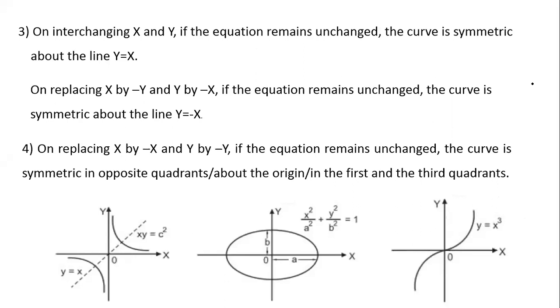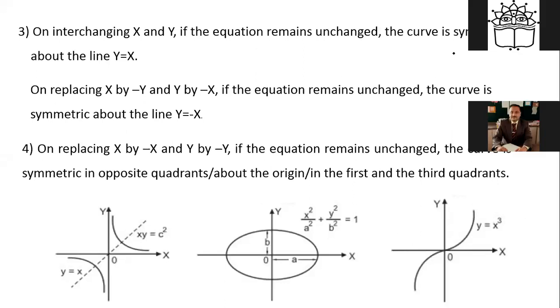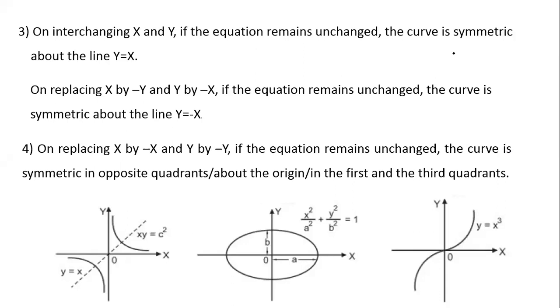So we have understood that in this middle figure, which is an ellipse, property 1 is satisfied, it is symmetric about x-axis. Property 2 is satisfied, it is symmetric about y-axis. So it will be symmetric about origin. Yes, you can rotate through 180 degree, or you can fold first horizontally and then vertically. All the sides are going to match.